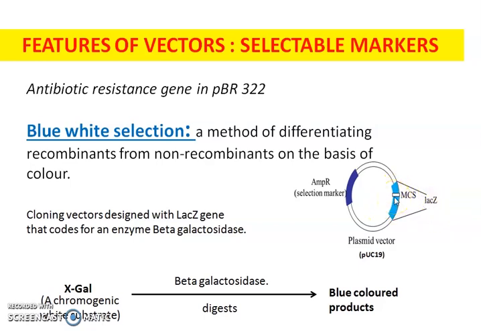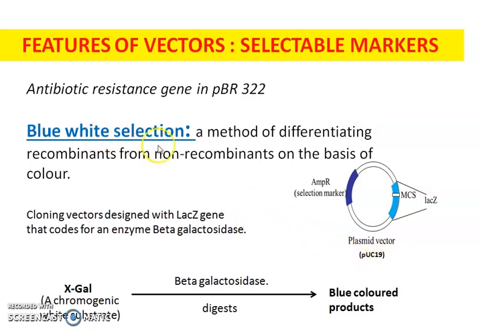cloning site. One such example is a vector called pUC19. Though in NCERT biology this name is not mentioned, it is just mentioned along with pBR, we have vectors designed with the lacZ gene to carry out the blue-white selection process. But for biotechnology, the name pUC19 should be understood. The small p stands for plasmid, U for University, C for California. So this is a plasmid cloning vector genetically engineered at the University of California, and the number according to its order.